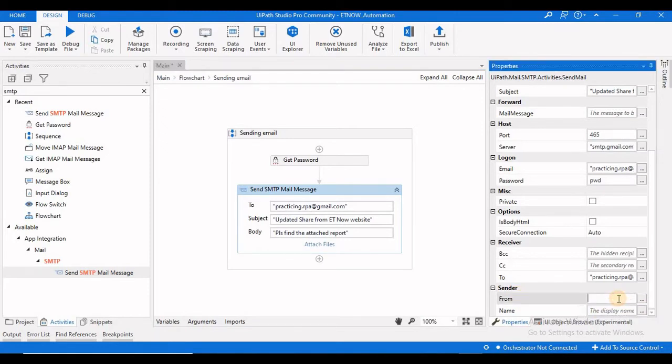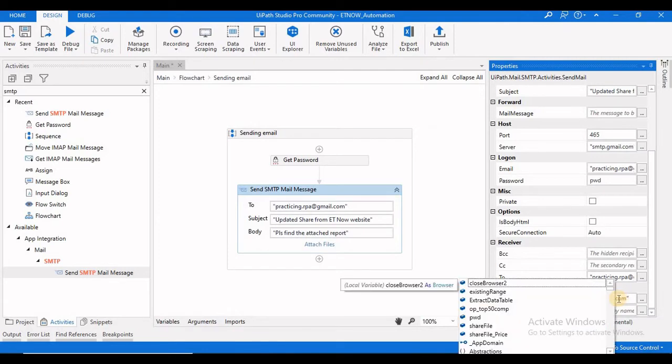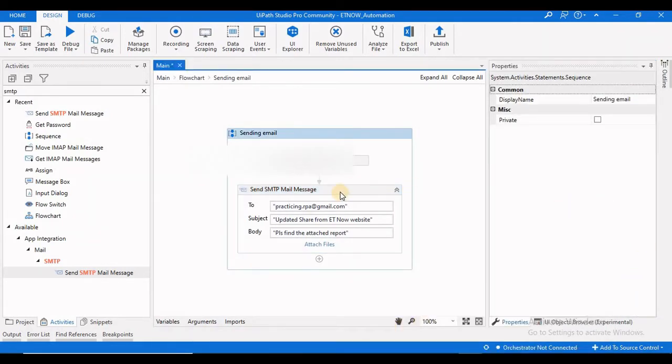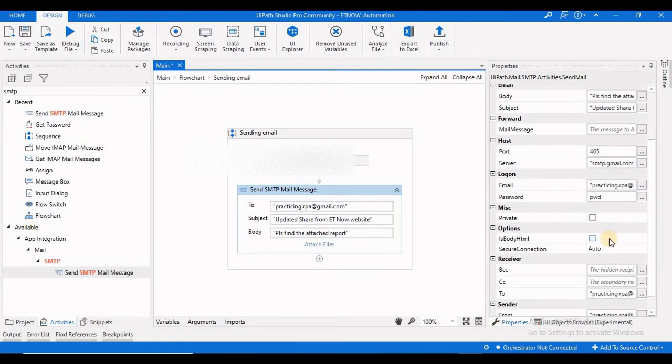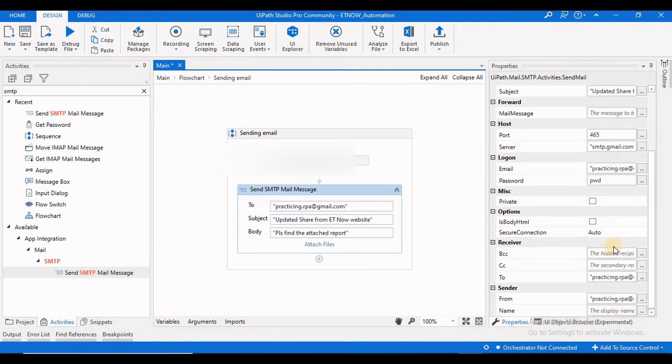Okay, sender details you have to provide. Email ID, I will be putting the same email ID, so there will be no confusion. I will be showing the send and the receiving part in the same email ID, so I'm not using two different email IDs. And name I will be giving like